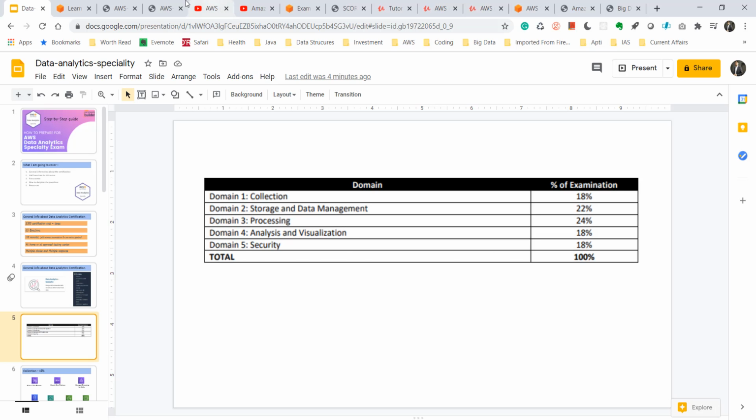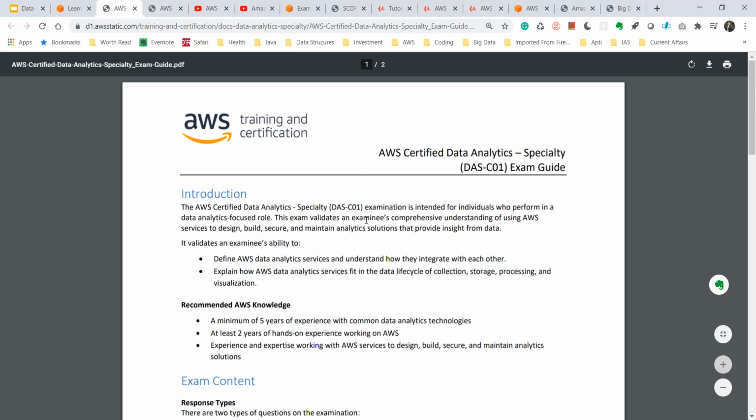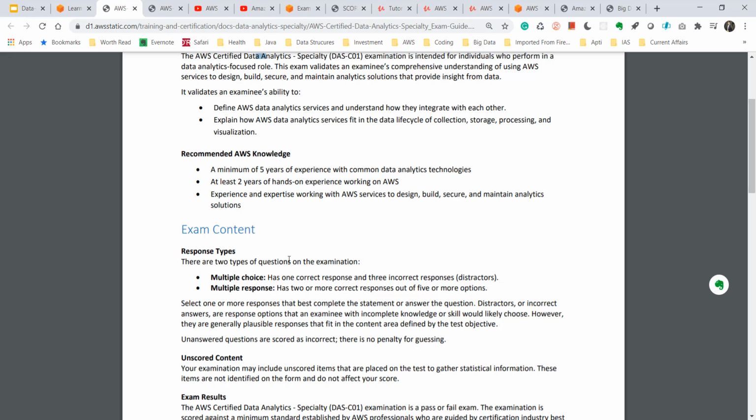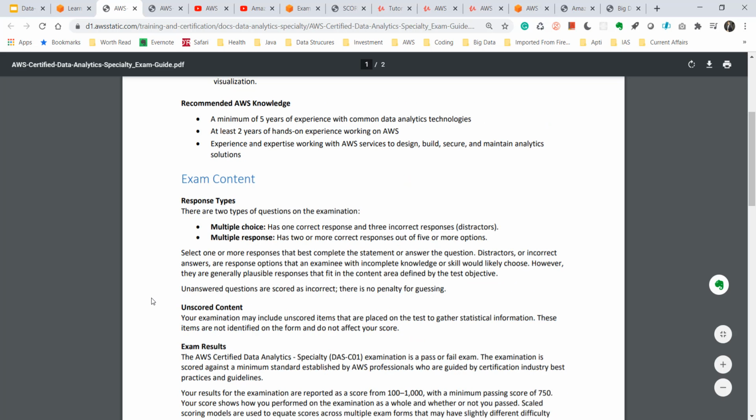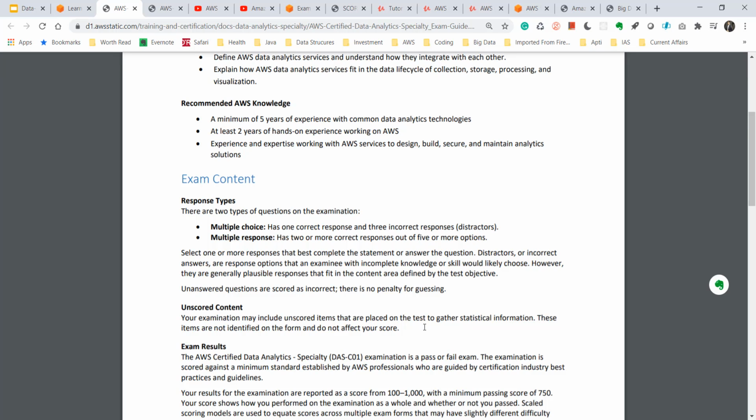Let me show you the official guide of certification. So this is the exam guide that I downloaded from the AWS website. If you see this, you get all this information, like you have multiple choice and multiple response questions. Your exam may contain unscored content. In reInvent videos this year, I was attending one session on the AWS Certified Solutions Architect Pro exam.